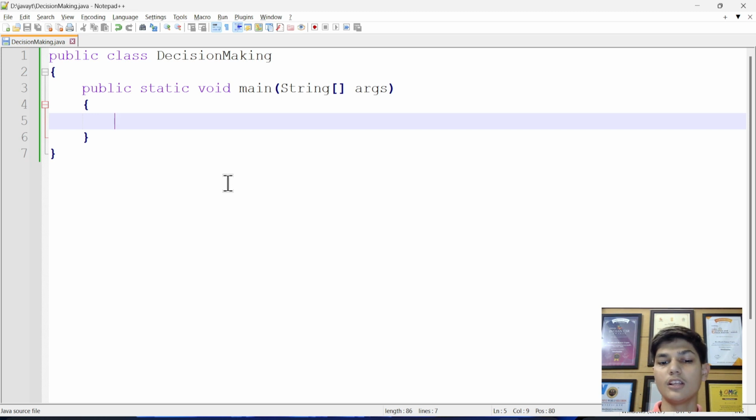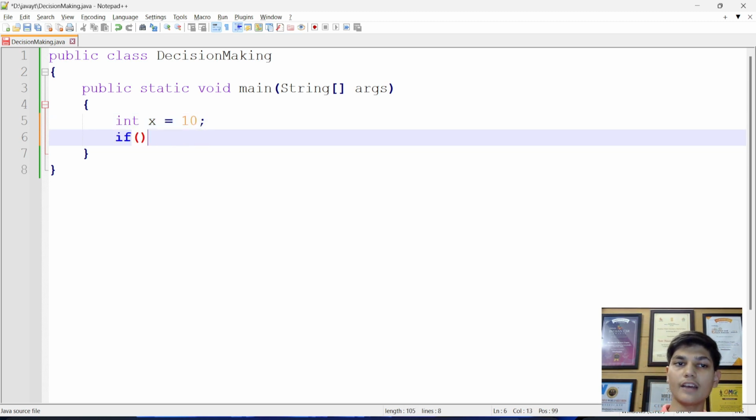Now inside this, we will do it a little shorthand so that we can understand better in less time. As we talked about in the operators, we talked about the logical operators, which are and, or, and not. With the help of these operators, we are going to understand the nested if-else and the if-else as well. So if we have two integers, let's say we just keep one first, x equals 10. And if I have this if statement, if x is less than or equal to 15, let's say